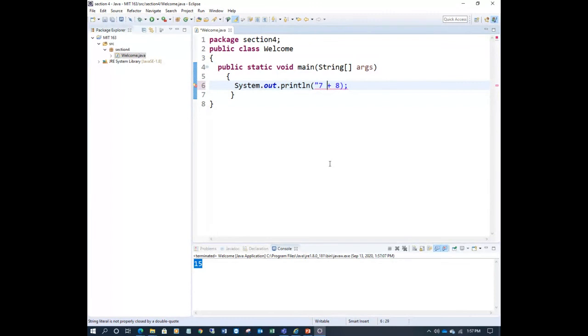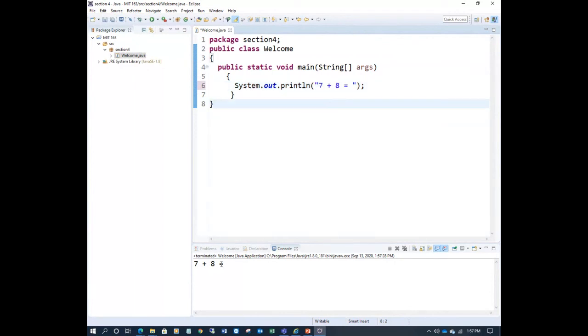So let's see how to print this better. Now here, this is 7 plus 8, an expression. For example, I will add this one and print again to show you. It will print everything: 7 plus 8 equal to. Now after this one, this is a string. I told you this is a string, remember.